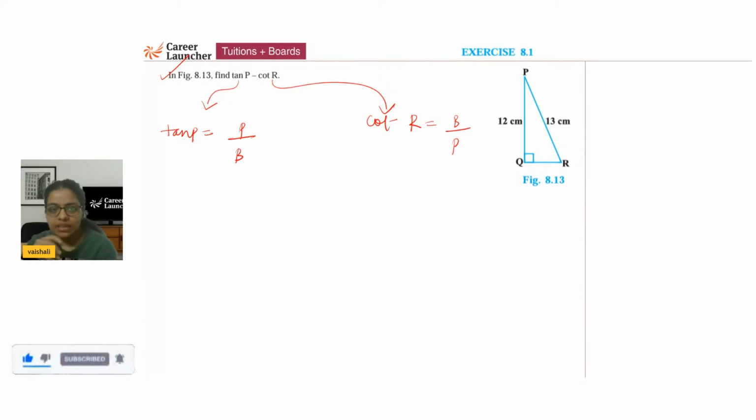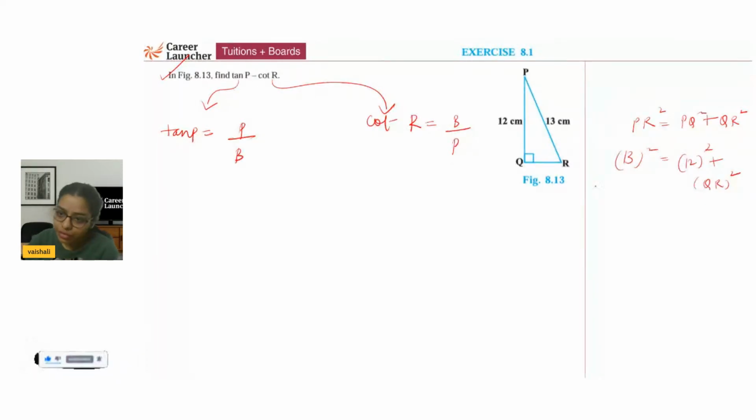So now let us calculate the value of QR. QR क्या है? PR is the hypotenuse. So PR square is equal to PQ square plus QR square. So in this case, 13 square is equal to 12 square plus QR square. And if you will calculate this down, ये आपका आ जाएगा 5. So QR is 5. Now another thing that you must notice is with respect to the angle P,